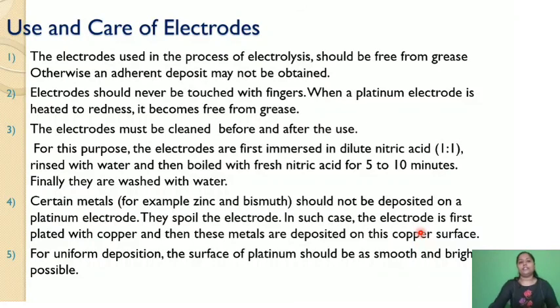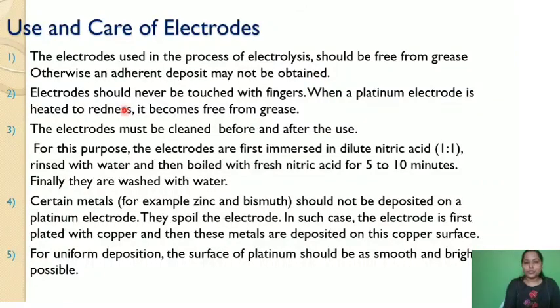The last point is the use and care of electrodes: how electrodes are cleaned, how they are used, and how we take care of them. All these points are covered in this topic. The electrode used in the process of electrolysis should be free from grease, otherwise an adherent deposit may not be obtained.